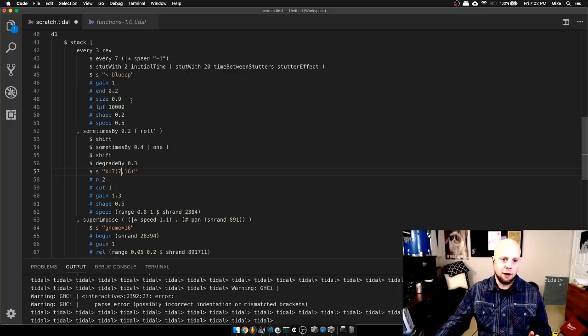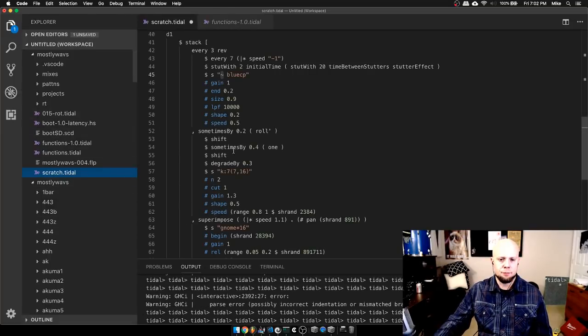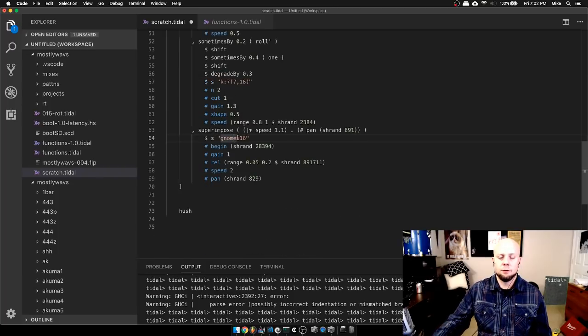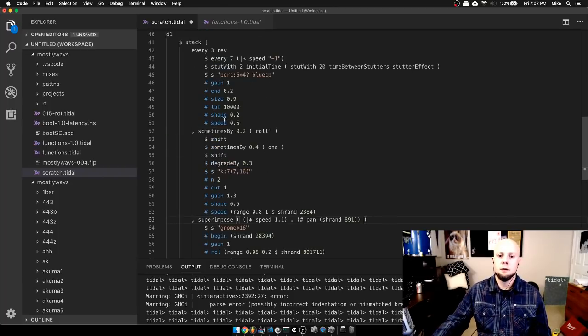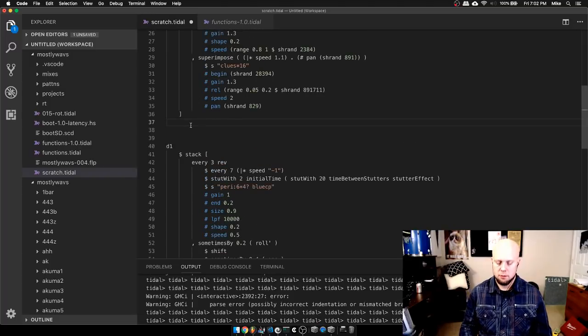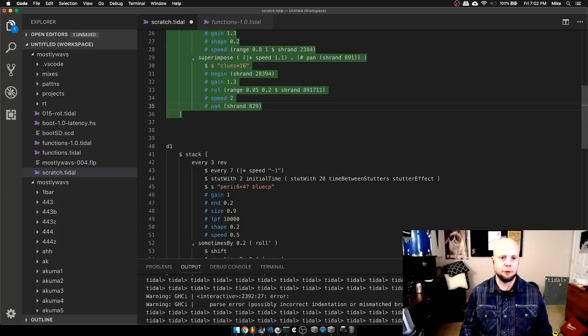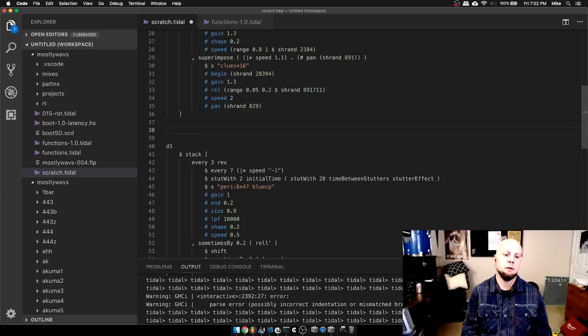I'm going to have a more drastic pattern that I want to change to, so it's more obvious that something weird's going on. So we'll do Perry times 4. Okay, so that's the second pattern. Here's the first one. So if I want to transition to the second pattern,